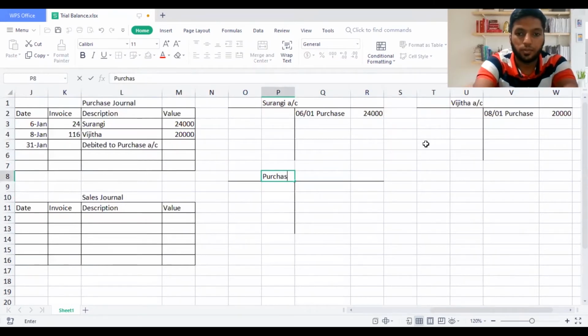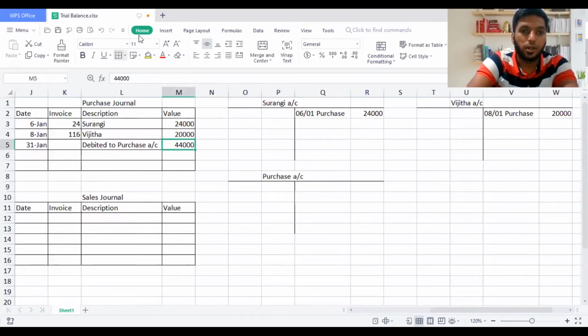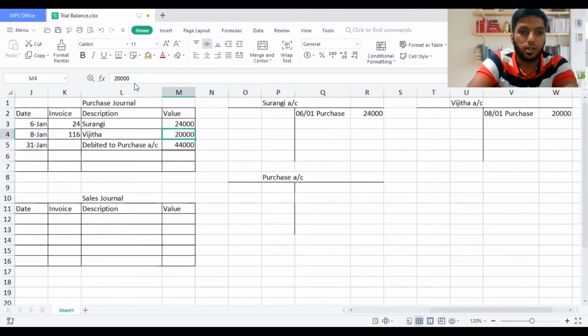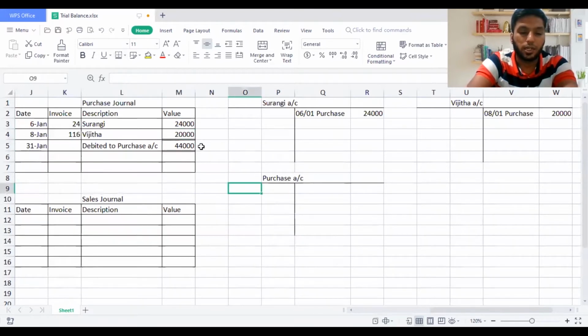So I record here purchase account. Final balances I'll be transferring on the month end. So I'll just put here 44,000, the total, and keep it. If I want, I can write two lines, which is much better to represent that you have done the final total. So that is giving some sort of value when you're doing the adjustment. Here I will be transferring it on the month end. So I'll just keep this third or fourth line for purchase account.